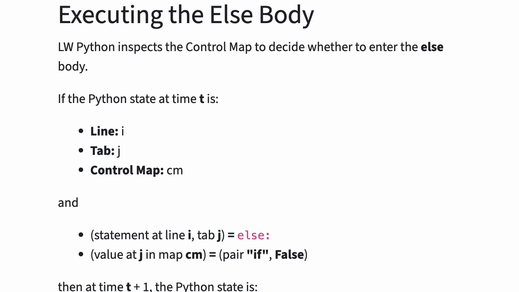LWPython inspects the control map to decide whether to enter the else body. If the Python state at time t is as follows, where line is i, tab is j, and control map is cm, and the statement at line i, tab j is else, and the value at j in map cm is the pair if false,